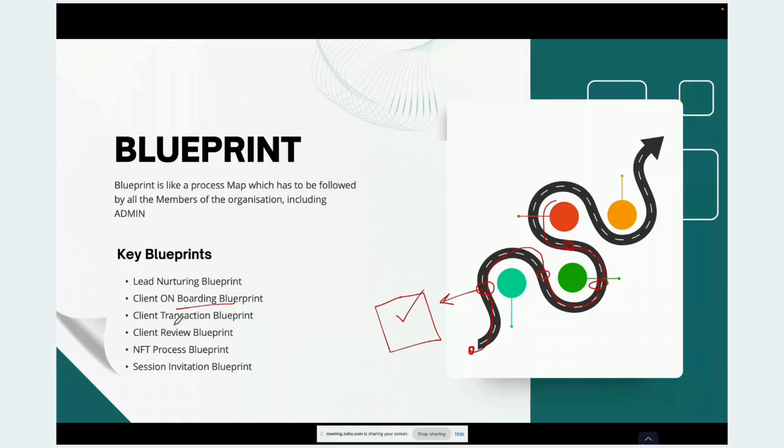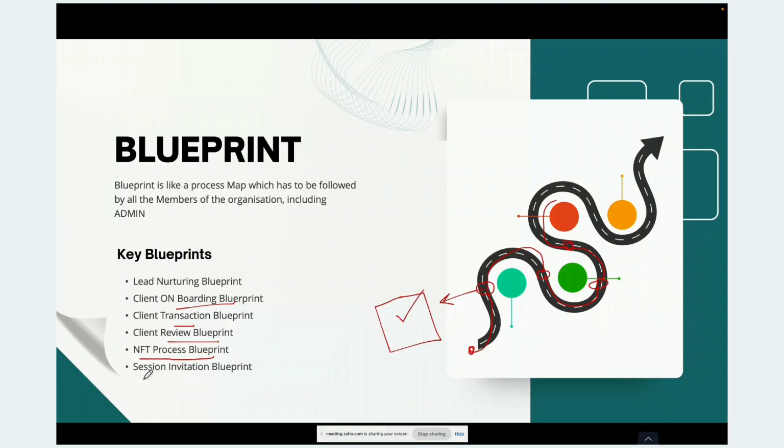So there are transaction blueprints, and there are review blueprints, which are very important, that is, how you review your clients annually. Then there is the non-financial transaction process blueprint. That is very, very important today. Once we end this session, we will show you some legal litigation cases. Obviously, you may have heard about it also, that the NFT, non-financial transaction process blueprint, is very, very important to protect your business legally from any kind of litigation.